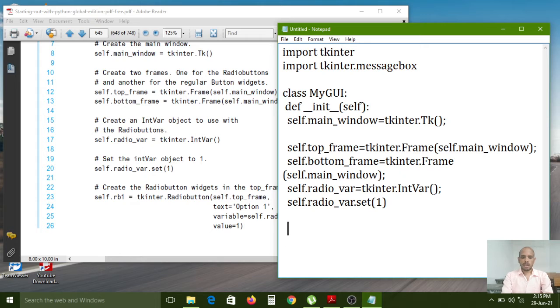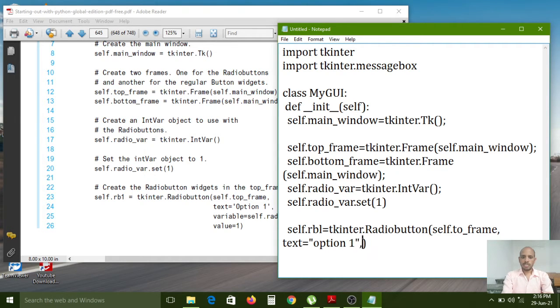Now I want to create self.rb1, equal to, now I am creating the radio buttons, tkinter.Radiobutton. This is the Radiobutton function. In that, where does it need to be created? In the top frame, so self.top_frame we have to pass as a parameter. Now just give one comma. After that we need to pass text equal to option 1.